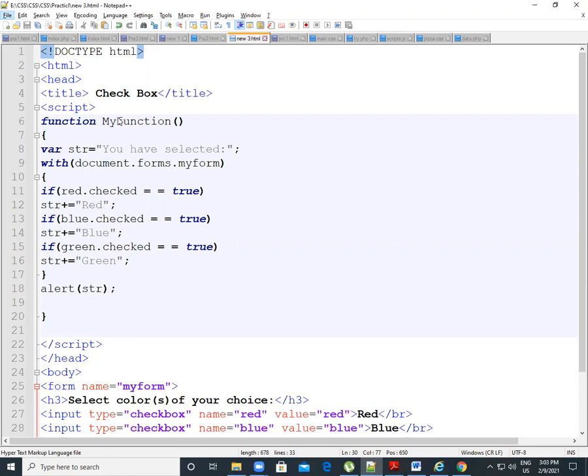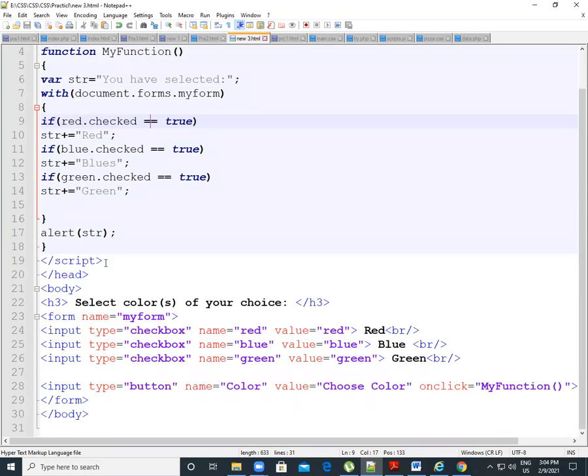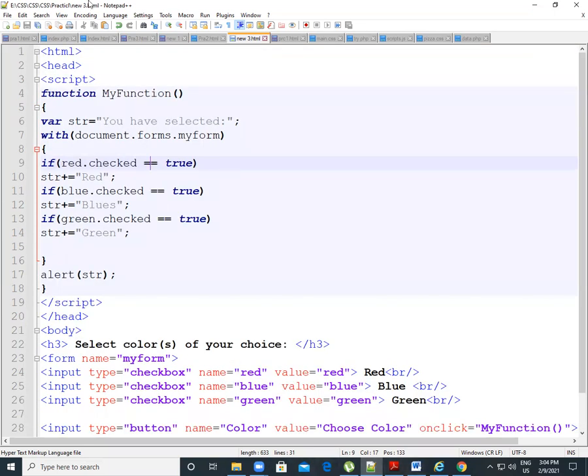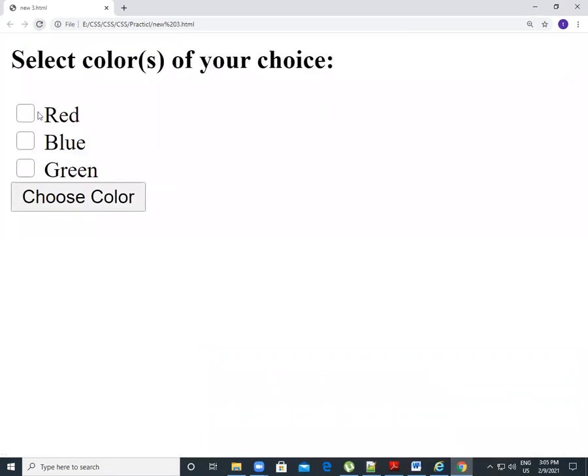If red.checked equal to true, correct? Okay, I just changed the equal to sign here. There is no mistake in my program. Let's run this again and check if there is any problem. Okay, let's run.